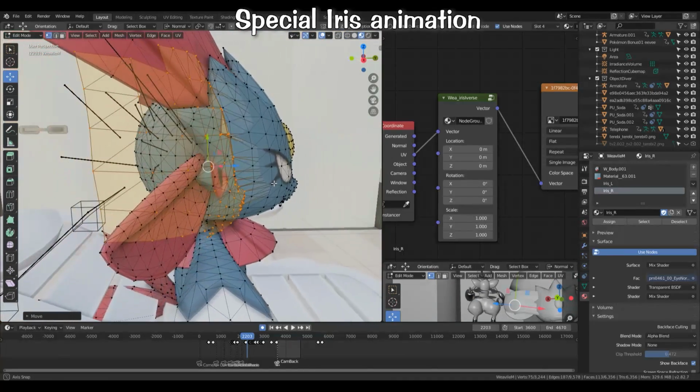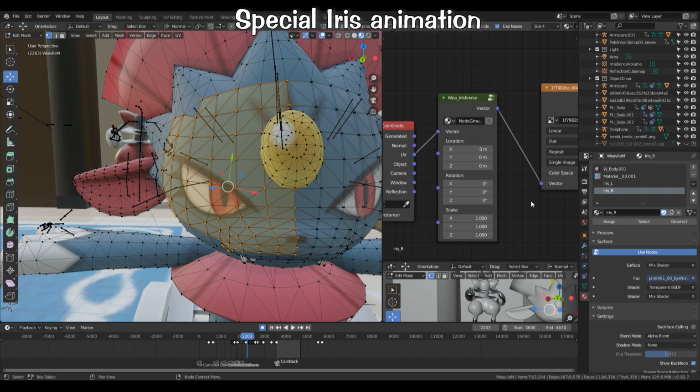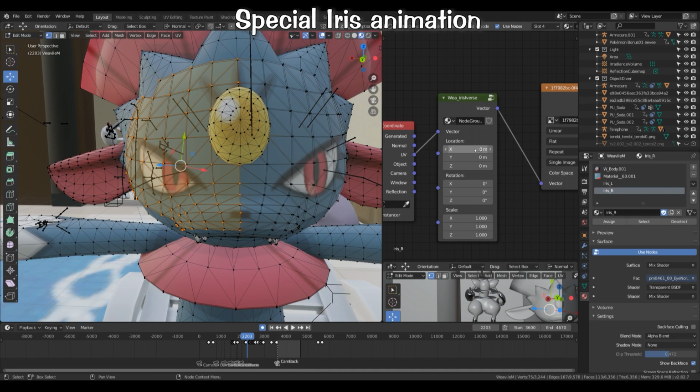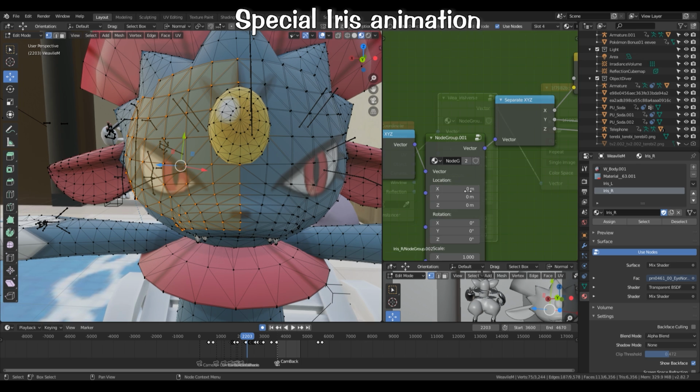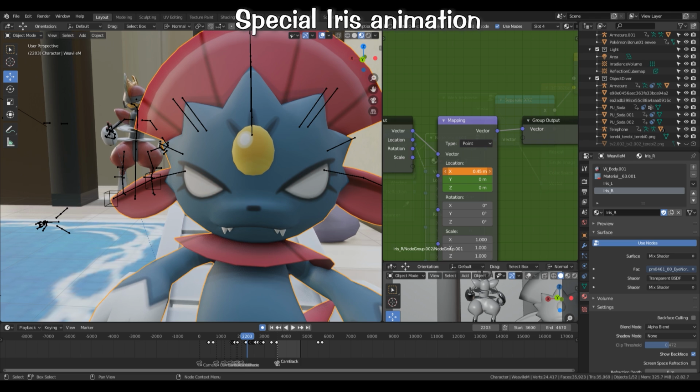The iris is a separate texture. And with a very complex setup, I can move the iris like this, individually. I just need to exit edit mode, and normally, okay, it's not this one. Okay, it's this one. So I can move the eye like this.